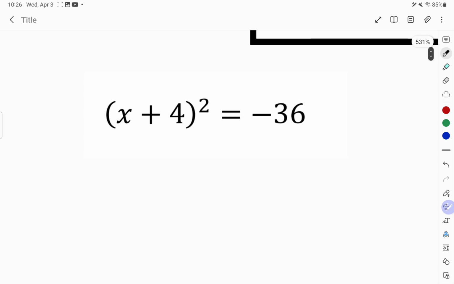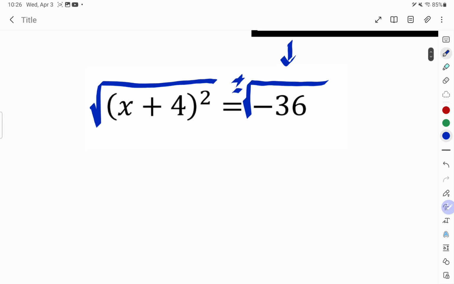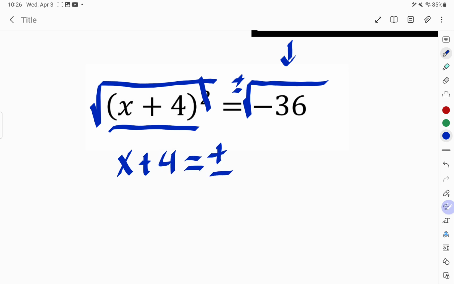Now, I like this one, and I put it here for a reason. You can probably see it, we have a negative, and this is what's going to happen. So we square root both sides, just like always. Okay, don't forget plus and minus. And over here, those two cancel out, and I'm just going to have x plus 4. X plus 4 is going to equal, and don't forget, plus and minus. But now, you cannot have a negative inside of a square root. So we're going to turn this bad boy into an